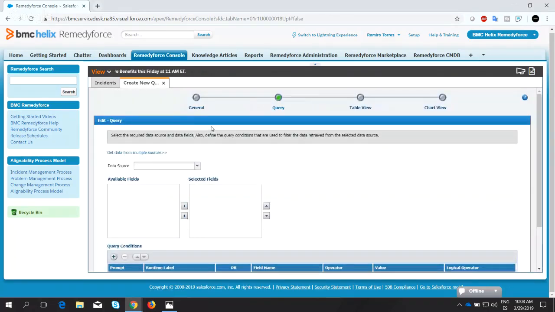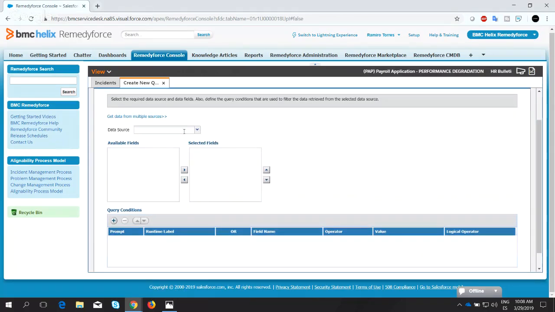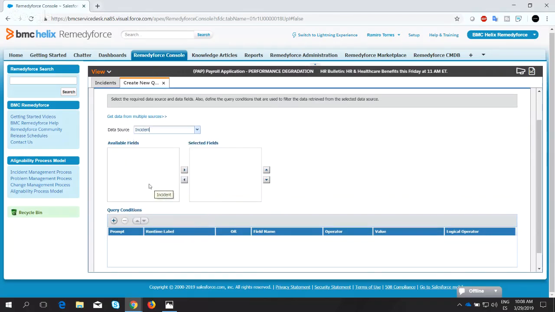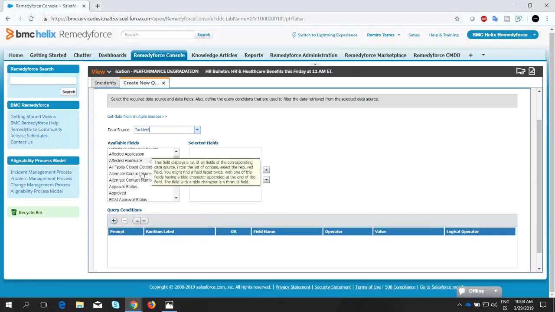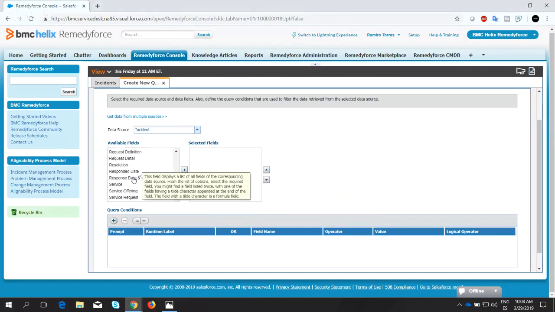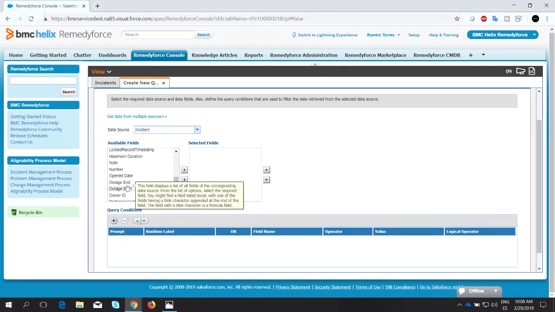We click on next, and Quickviews have the option to select one data source or multiple data sources. For this specific example, we will use only one data source, and we're going to select the incident object. Now let's go ahead and select the fields we need. So I'm going to grab a couple of fields from here. Gonna grab number,